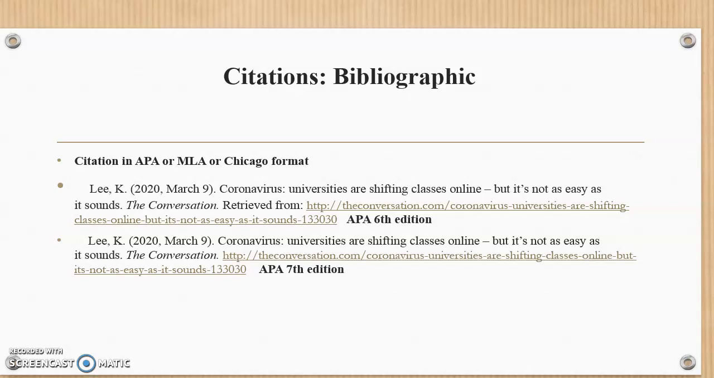Then we go to our bibliographic citation, and you have a choice of APA, MLA, or Chicago format. And here I did APA citation. Here I am citing a web page. And of course, in the 6th edition, there's a little difference to the 7th edition. So in the 6th edition, we look at